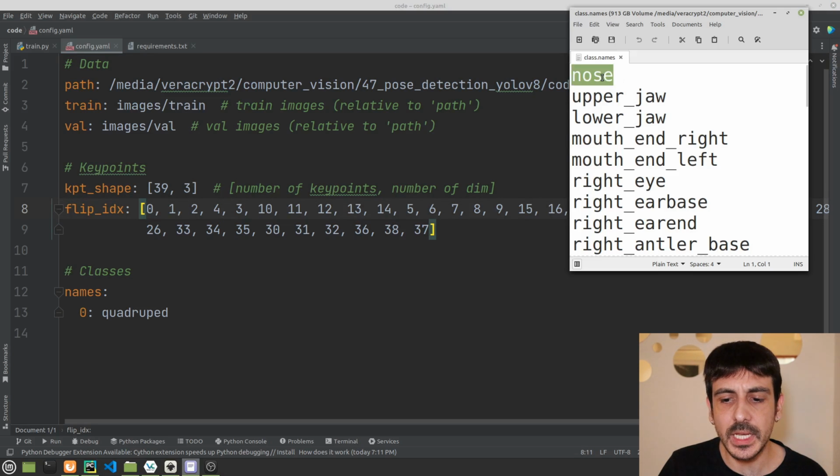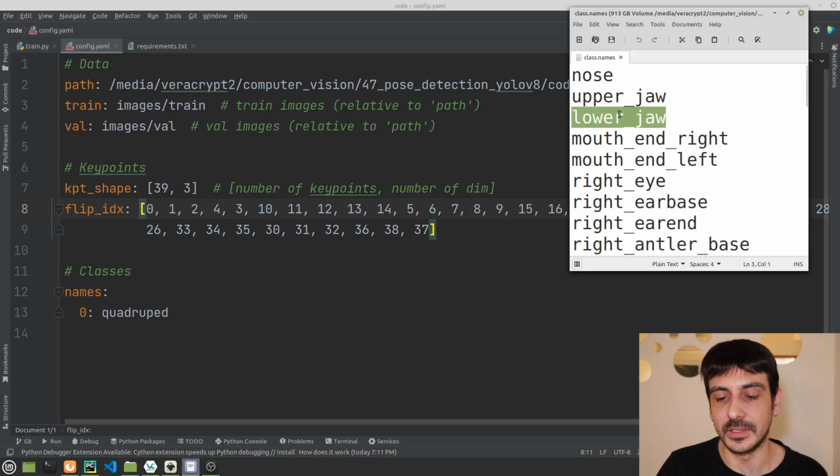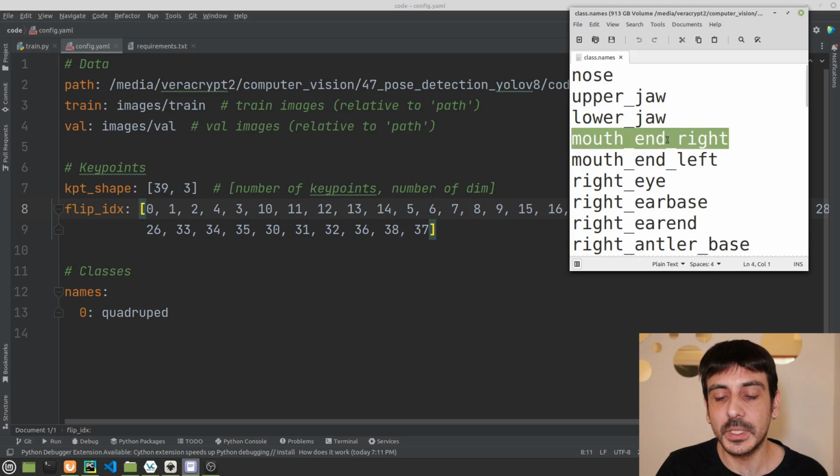You can see that the first element is nose, and if we think about a nose, it's right in the middle, and nothing is going to happen when we flip the image, right? The nose will continue being the nose, will remain as the nose. And then the next element is the upper jaw. Exactly the same, nothing will happen with the upper jaw, it will remain being the upper jaw after we flip the image horizontally. The same will happen with the lower jaw,